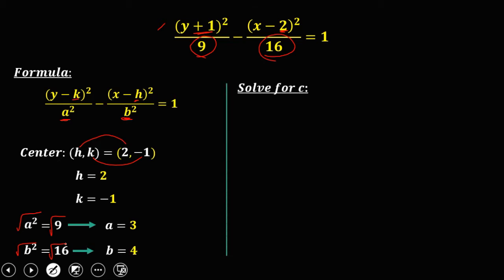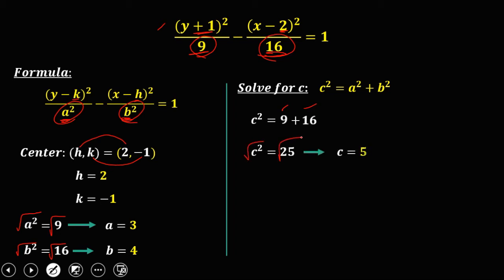Then to solve for c, using this formula, c squared equals a squared plus b squared. Then substitute now the values. So a squared is 9 plus the b squared is 16. Then 9 plus 16, that's 25. Then take the square root to solve for c. So c is equal to 5. Now these are the values we're going to use to solve for the coordinates of the endpoints of the Latera